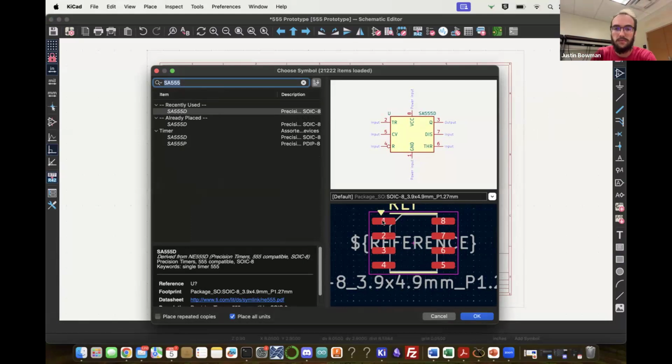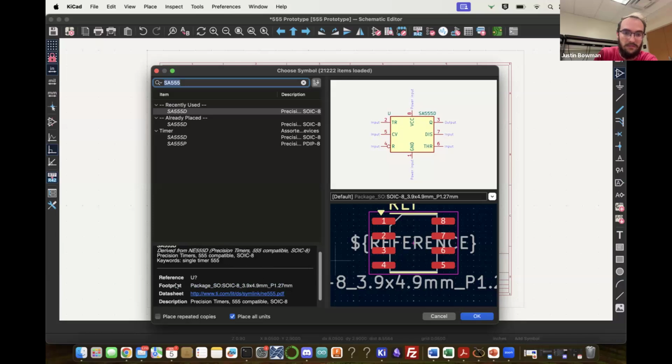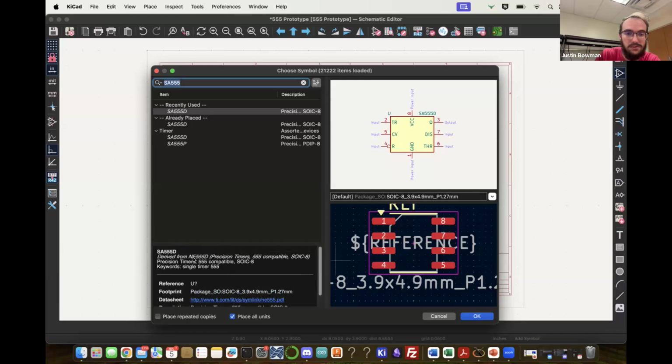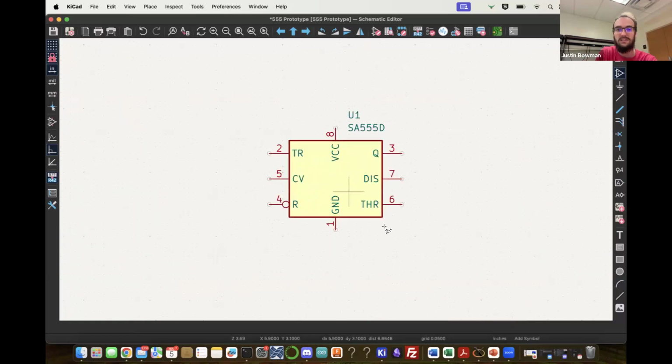Those are its solderable pads, and a brief description of the package, which is the actual enclosure of the component, and just some basic description of it. So we've added this on, and we see there's 8 pins. The datasheet is going to tell you what all these 8 pins mean, but just real quick, we